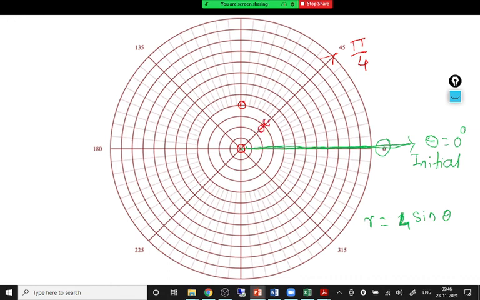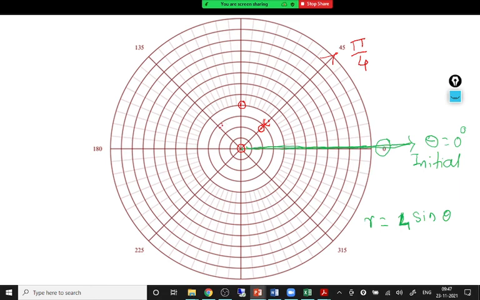So why am I saying it is 2 units? Because this inner circle is of radius 1, this second circle is of radius 2. So polar graph papers have circular rings of unit radius, with differences of one unit. Then you have these angular lines, rays, that are known as radial lines also. Next, 135.